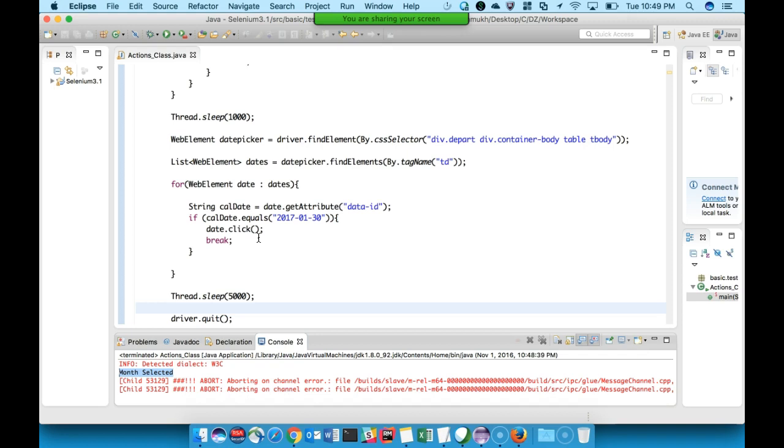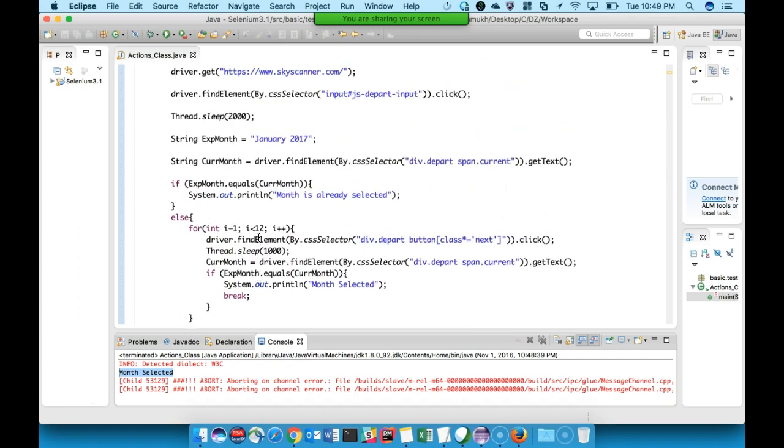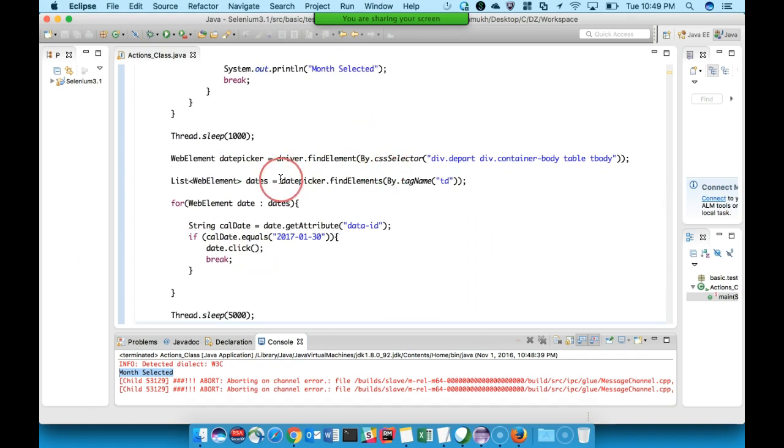Also, from an interview point of view, it is important. Many times questions are asked on this in interviews. The only challenge here is that every date picker will be different according to the way developers build it. The style of the date picker you see will be different, but the approach is more or less the same. We will have to find the parent of the date picker, then take the collection of all the table rows or table data. It might not always be a table, whatever tags are there doesn't matter. It doesn't necessarily have to be table, table data and table rows, but the fashion would be the same.